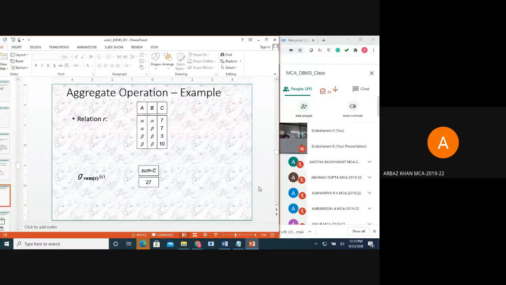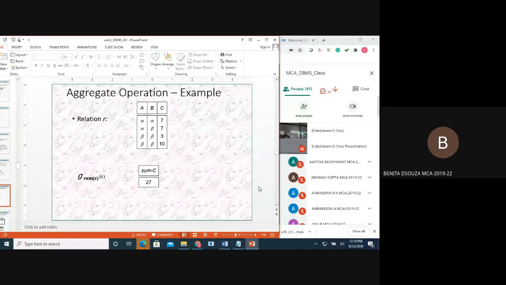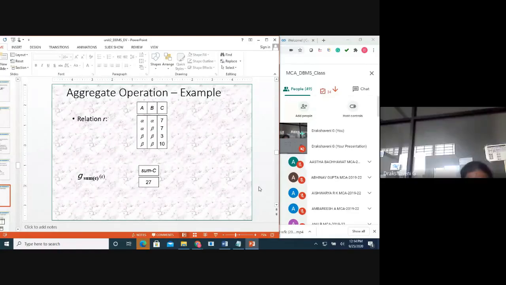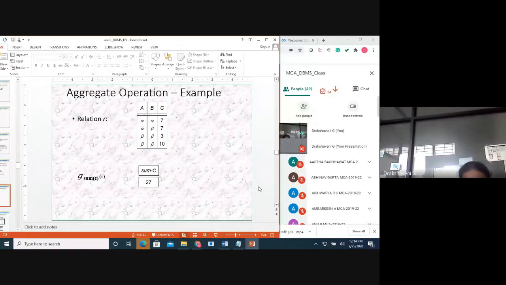Ashok. Present, ma'am. Benita. Present, ma'am. Bhargavi. Present, ma'am. Bhavishya. Present, ma'am. Chaitra. Present, ma'am. Deepika.